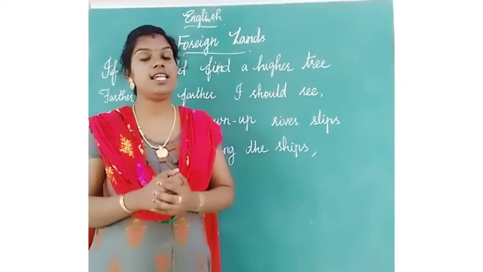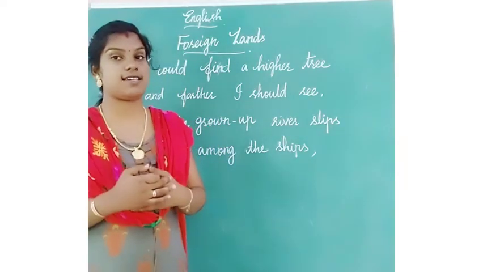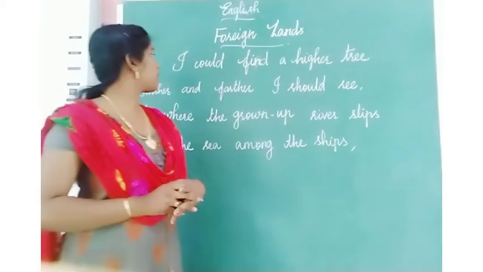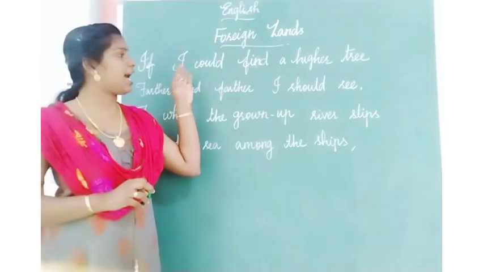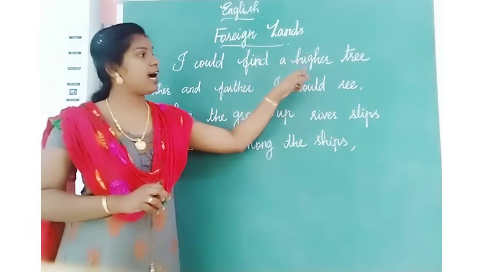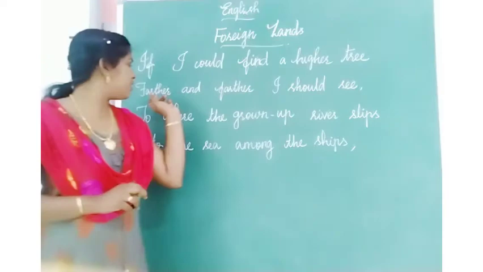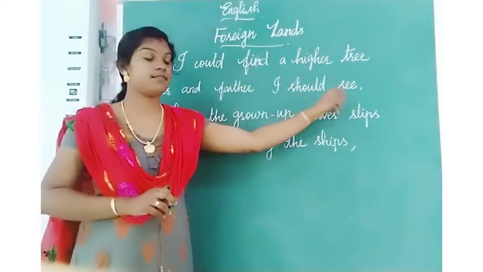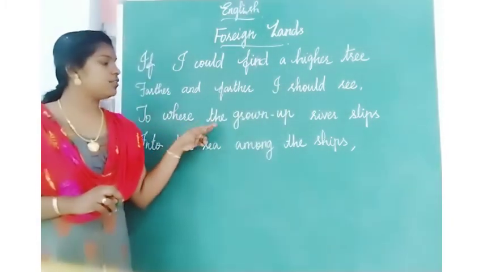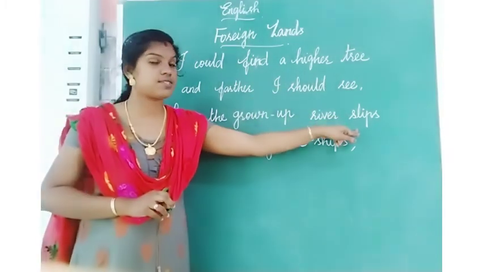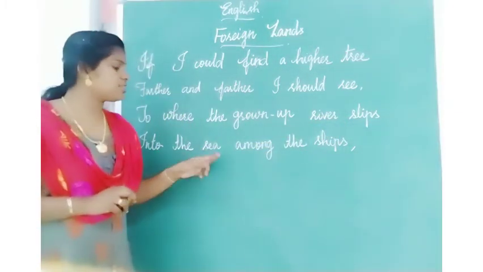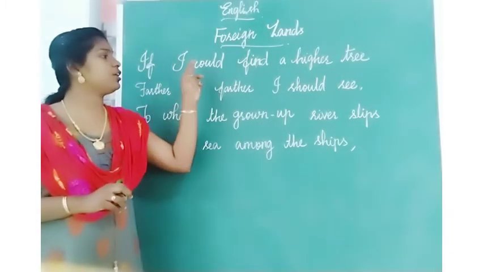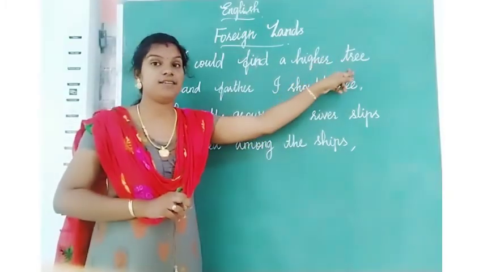Today, let's move on to our next stanza. Are you ready? Let's read the poem. If I could find a higher tree, farther and farther I should see, to where the grown-up river slips into the sea among the ships. Once again, if I could find a higher tree,